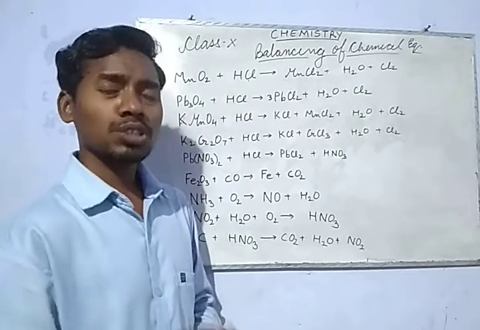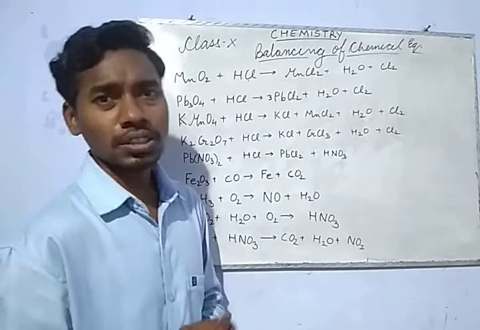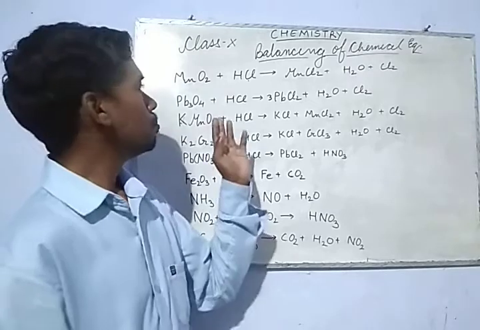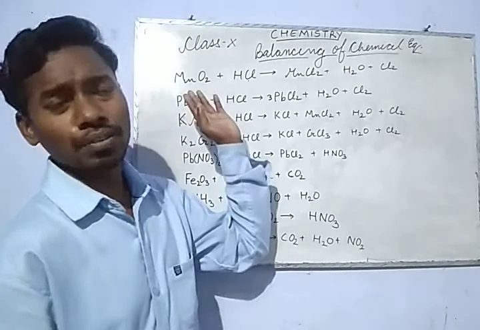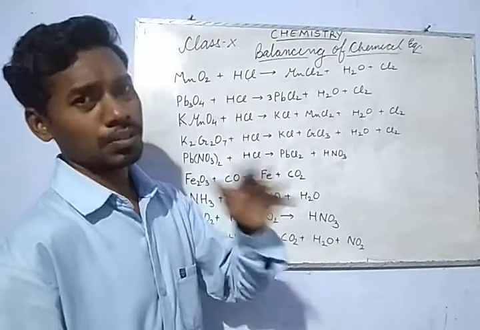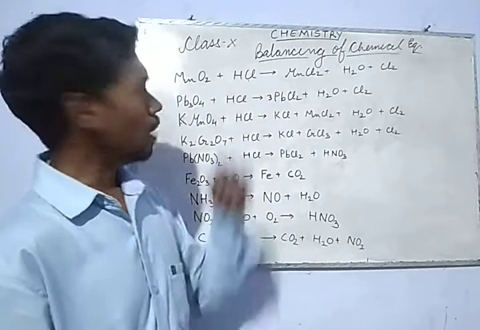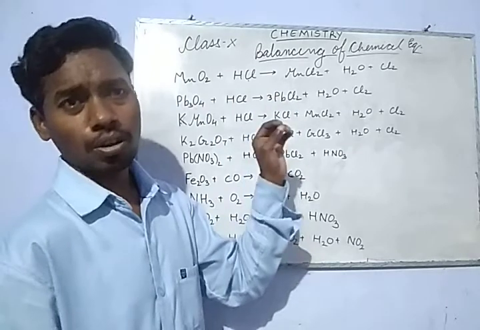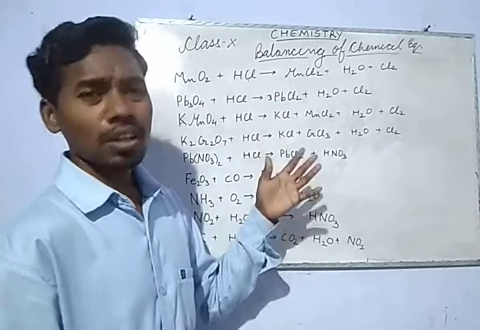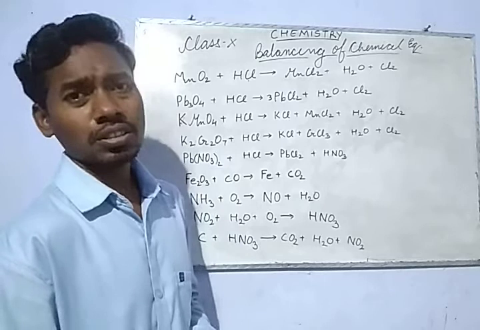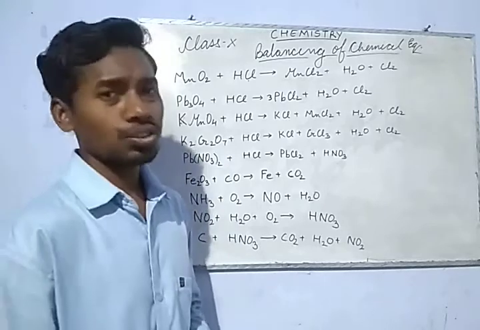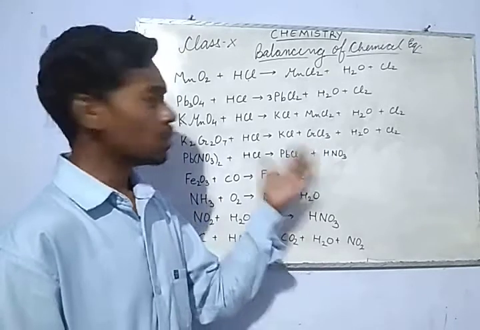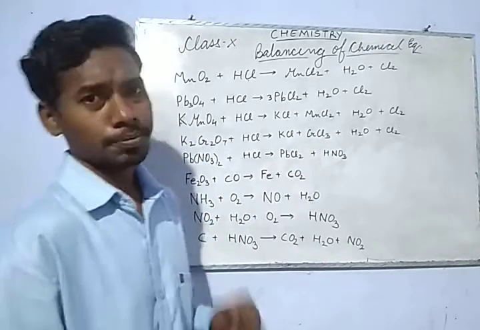Even in guessing, we need to start from some place. So we generally start from electropositive elements, that means metals. We start balancing metals, and after the metals are done, we go for oxygen. Oxygen is very popular in almost all the reactions, so we go for oxygen. Okay, let's see how we do it, and by doing that I hope you will learn.